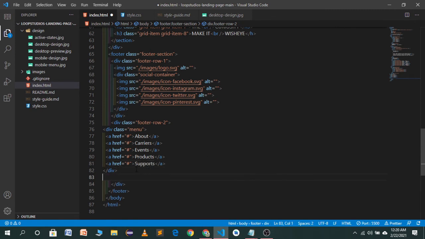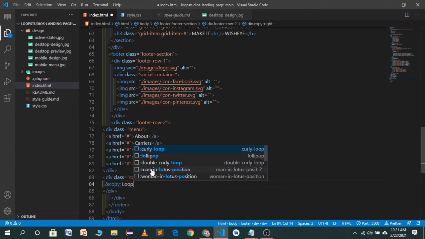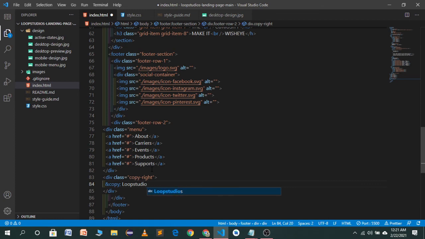So in the footer row 2 we have two containers. The first one will be this menu, and the second one is copyright. And in the copyright we have a text which will be this one, ampersand copy, Loop Studios, which is our website name.